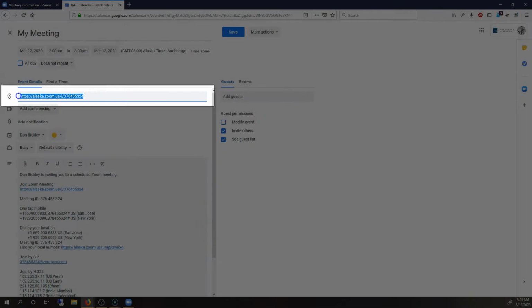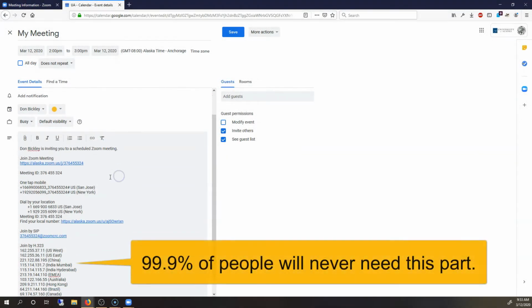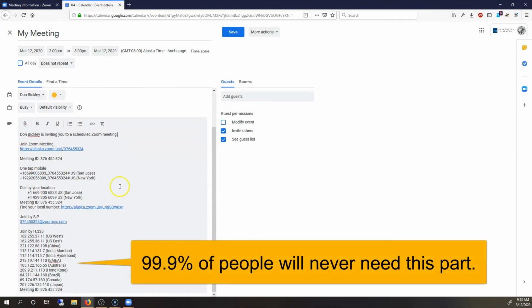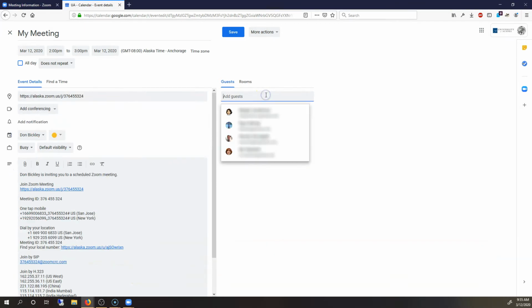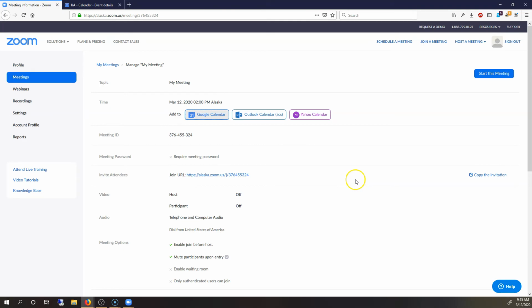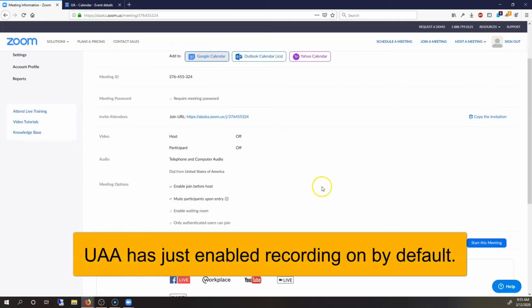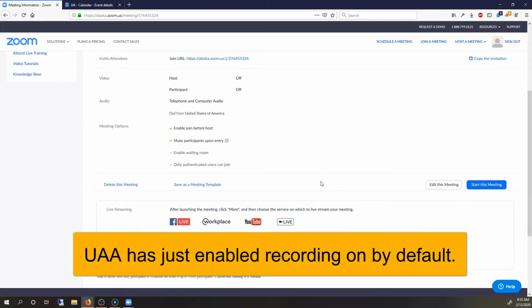So here is the Zoom link. Here are some of the details of the meeting and the phone number people can call if they want to. I can add guests to it. Pretty straightforward. You do have the option of recording a Zoom session only if you are the host or a